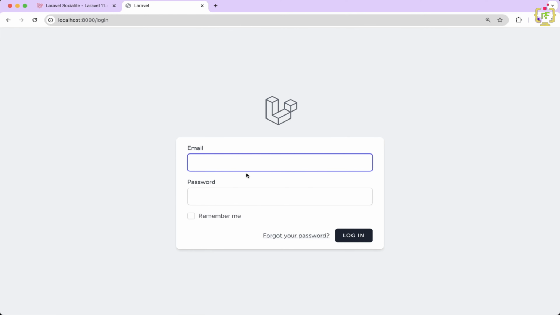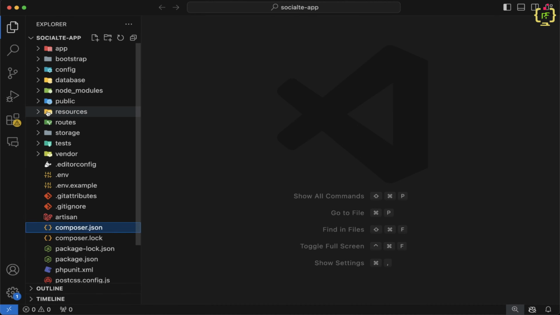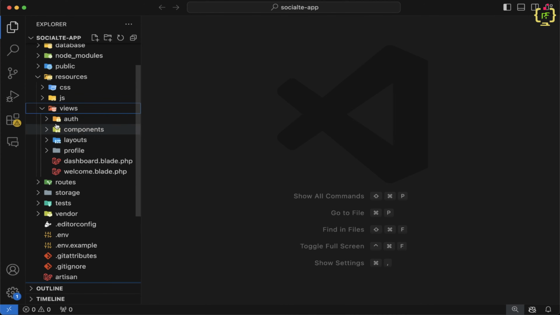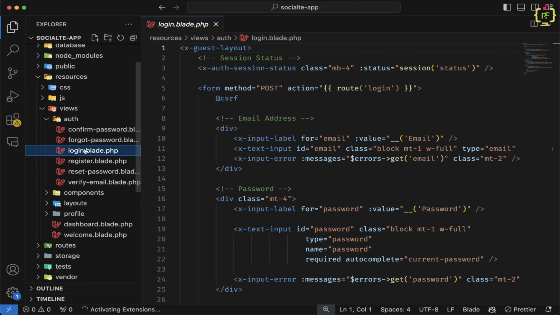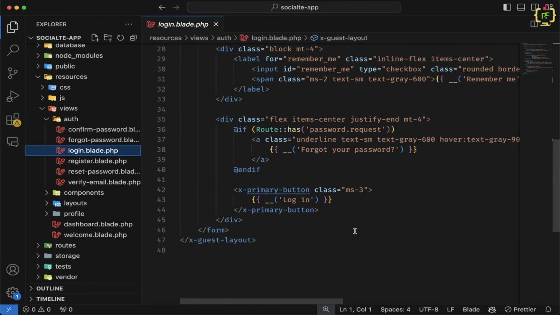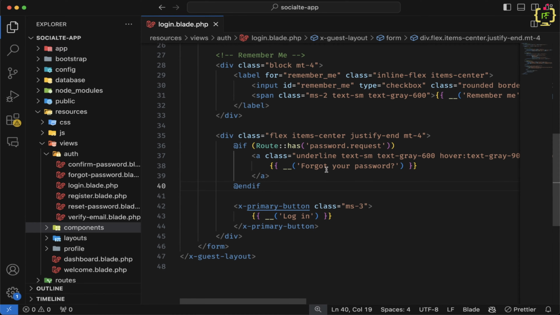So inside this login page, I will add one more hyperlink here. So let's come to the code editor. Under the resources, views folder, we have the auth folder here. Inside this auth, we have login.blade.php. If we scroll down, here inside this div, we have the forgot password and login button. So here I will add one more hyperlink just before this forgot password